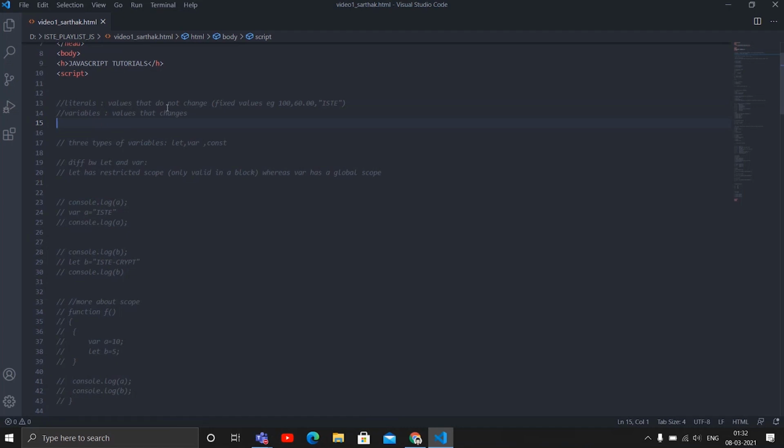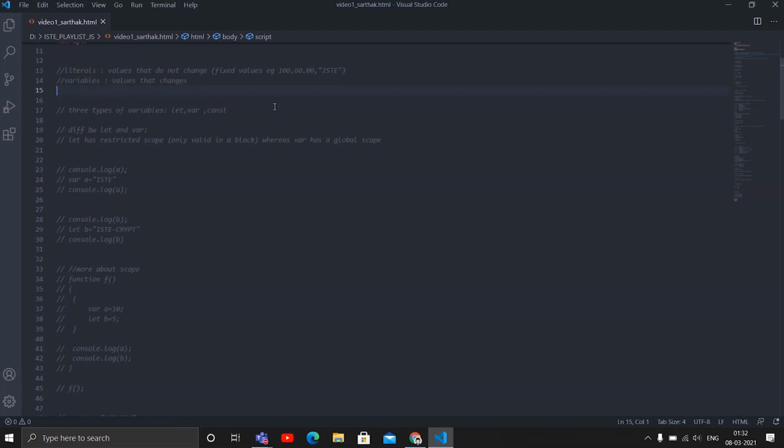Literals are values that do not change, fixed values like 100, 60, or the string IST, whereas variables are values that change. Suppose I have a equals 5. After performing certain operations, I want to increase the value of a by 1. So I can write the statement a equals a plus 1. So the value of a changes according to our statement.